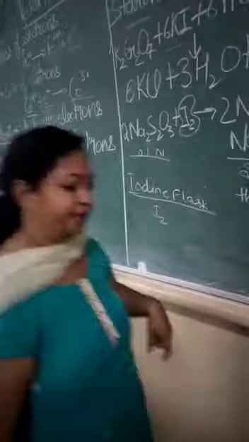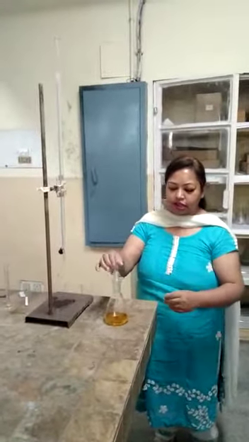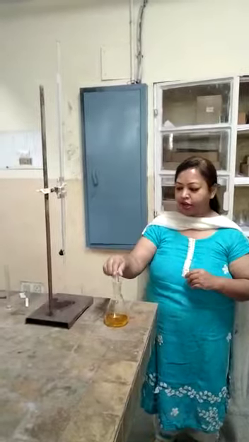Good morning students. Today we will do the standardization of sodium thiosulfate in the laboratory. We will see how the sodium thiosulfate gets titrated with potassium dichromate. We will always take an iodine flask in this titration. This is your iodine flask with the stopper. This is your normal conical flask, in which we can carry out all other titrations like acidic, neutral and alkali. This is your normal conical flask without any stopper, and this is your iodine flask. See, it has a narrow opening and a stopper.